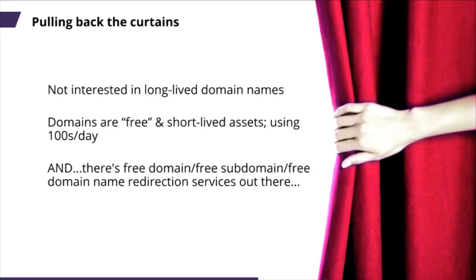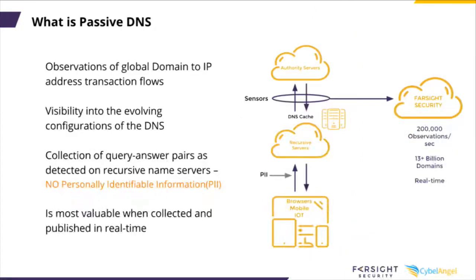So what are we interested in? We're not interested in long-lived domain names. If you registered a domain name a year ago, even 2 months ago, generally you're not going to use it for crime. Everything happens in real time within seconds. So you need to be able to look at everything in real time and in seconds. And of course, there are all these domain name redirection services, where you register and hide your domain behind something else, which redirects to something else. This also includes link shorteners, Bitly, and all that, to find places to hide malware, which we all know.